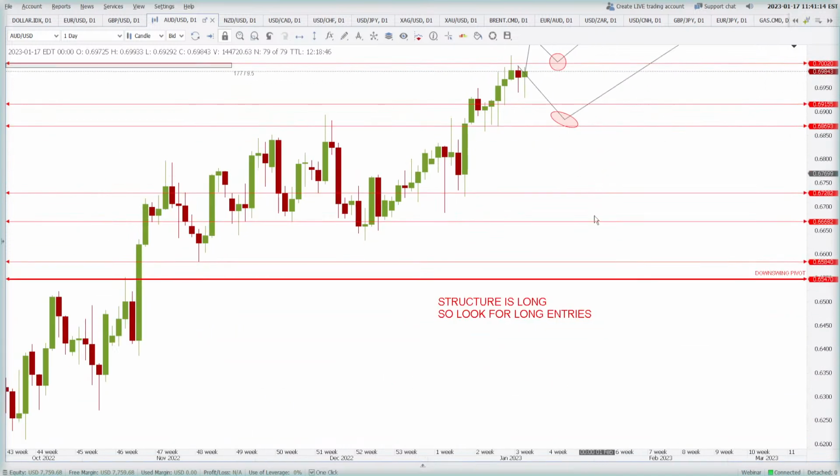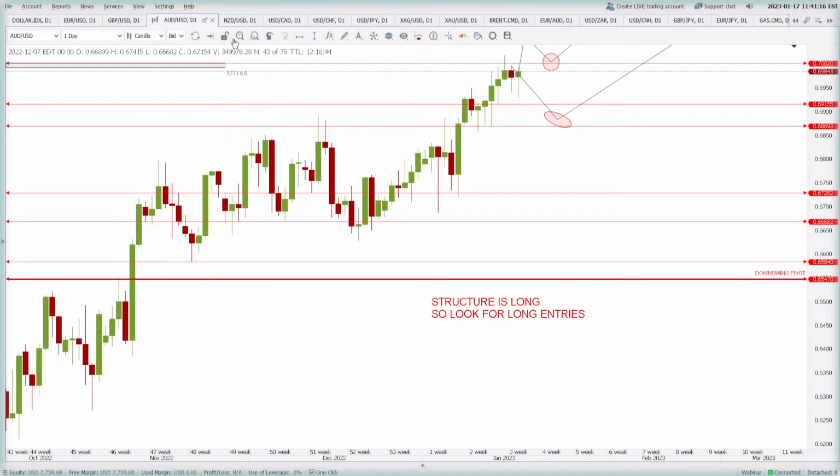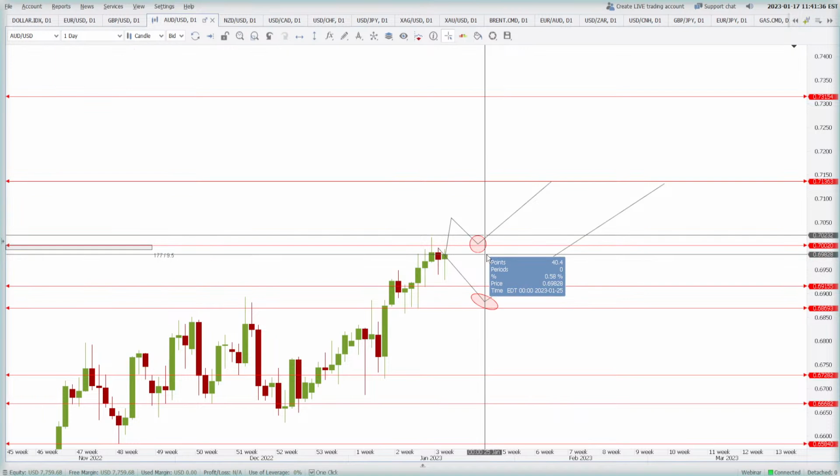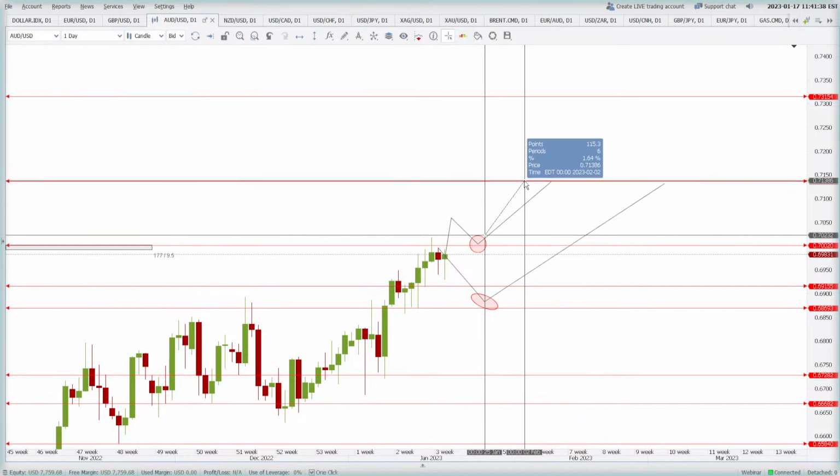This is one scenario. The second scenario is you let it go above 0.7002, which is a strong resistance, then let it retrace to this area here, test it as a fresh support, and then place a small stop loss below that low, whatever the price makes, and target 0.7136. In this case, you have a small stop loss of 40 points